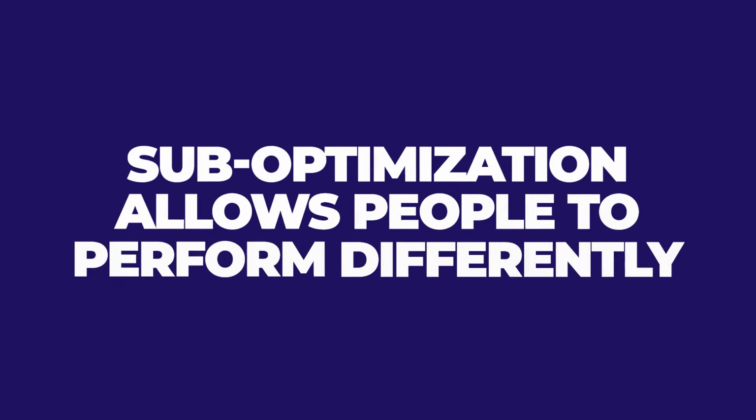And so sub-optimization allows people to perform differently. You have to have them performing well together. That's called optimizing the whole. So when you hear of subcontracts, that indicates sub-optimization, and we don't want that. We want a partnering effort and effect throughout the entire project site, which is why we call them trade partners. They own a scope and are experts in a scope or a trade, and we need them to partner with us to optimize the whole.